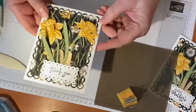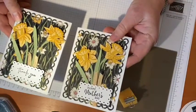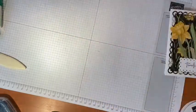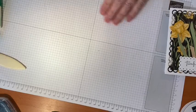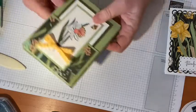So that's our little card. We got one for Mom and one little thank you card. I thought that didn't take too much time at all. So who wants to see another card? You guys ready for another card? Say yes, please. I can show you a couple others that I made just using all the sets,